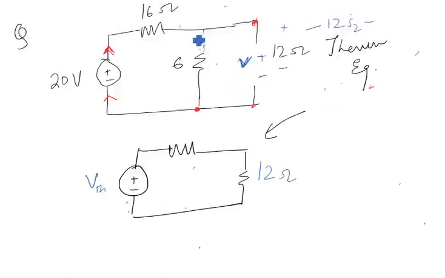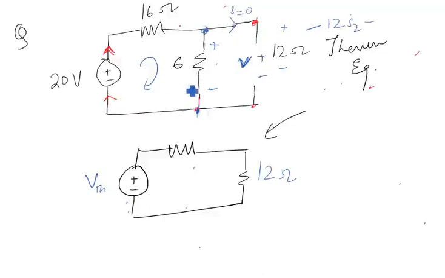Now the circuit has changed. Previously there was a resistance. I have removed it and placed it here. Now the current will not flow here because this is an open circuit. The current will be zero. Current will always flow in a closed path. So voltage across this is nothing but voltage across this, right? These two are parallel. So whatever the voltage across 6 ohm is, that is the voltage across the 12 ohm resistance, because no current is going to flow here.